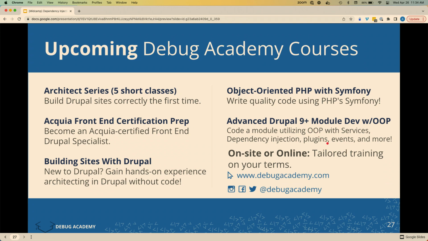And then the advanced Drupal 9 module development class, we build a somewhat ambitious module in 1 full day, 7 to 8 hours. We use services, dependency injection, plugins, and that one is ambitious. That one is one where you should be somewhat comfortable with object-oriented programming. You should be very comfortable with PHP, and know at least the basics of module development. But it's a whole class full of writing PHP code.